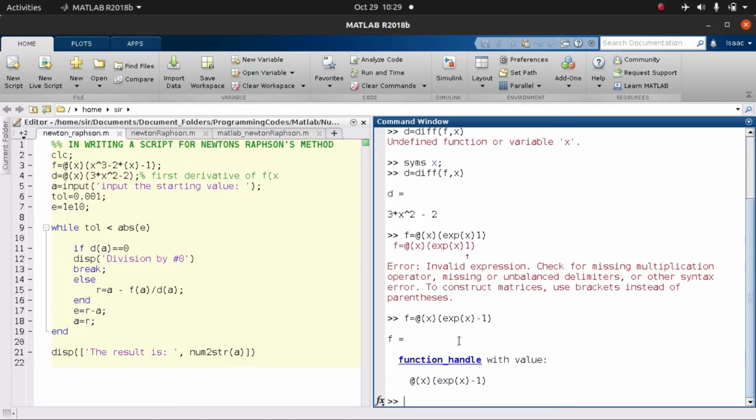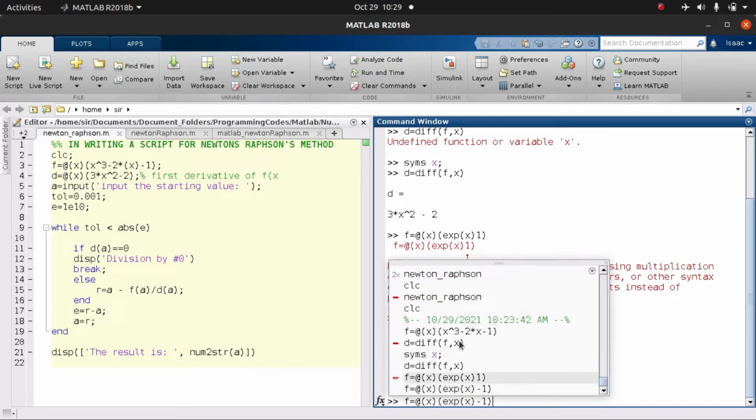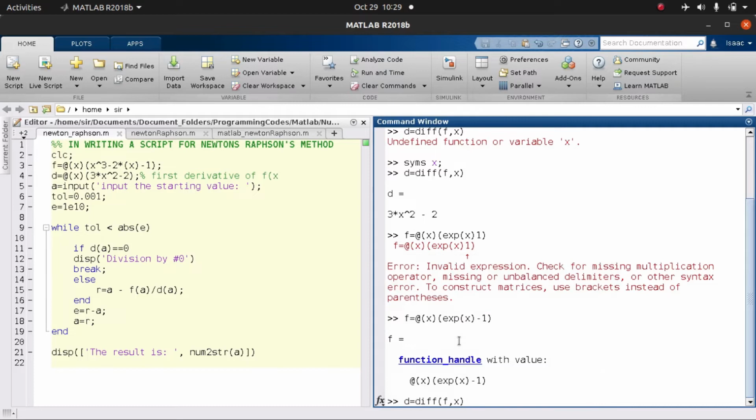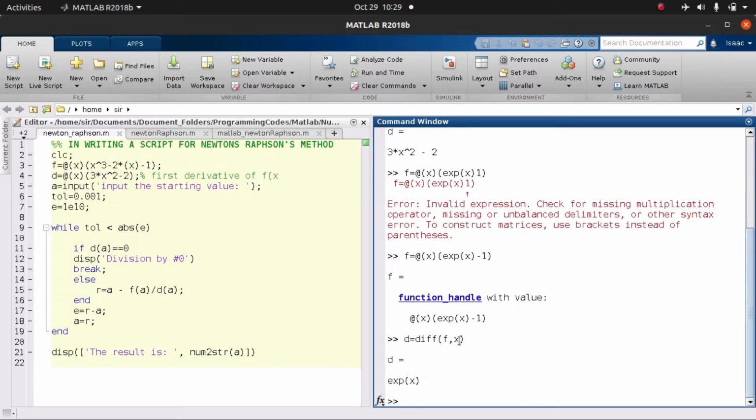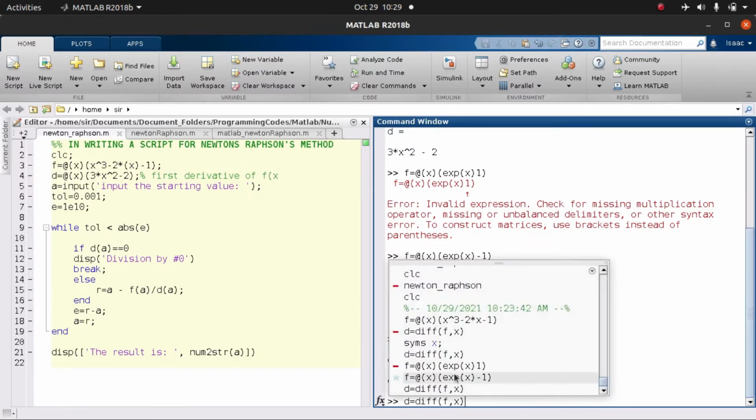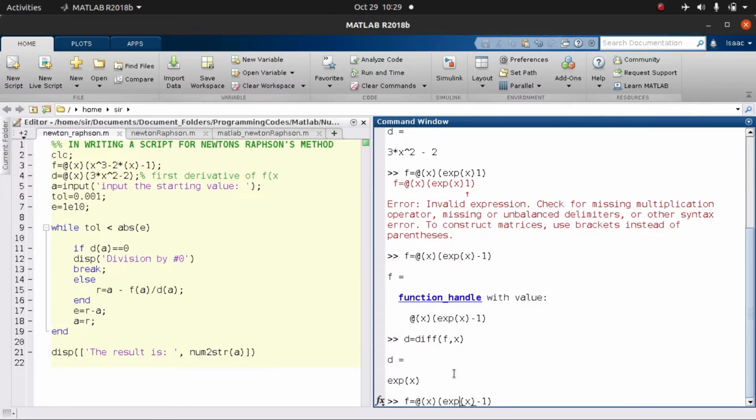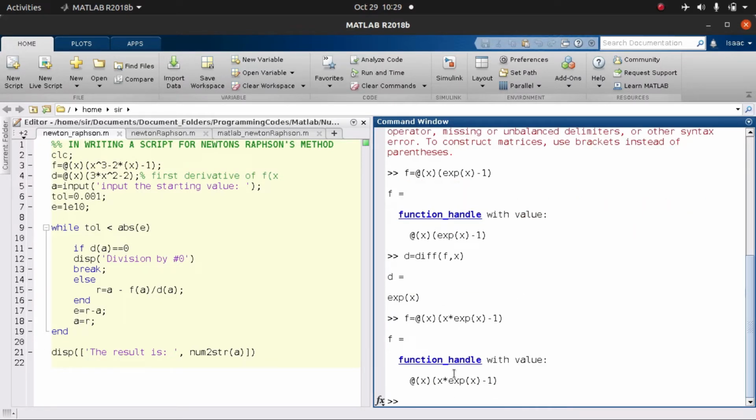Okay, so we have our d again. We can go back and call our d. So with this one, we happen to get the derivative of the function. Let's look at another instance as well. We want to have our x times this one, and then we enter. We call our d, the derivative, which gives